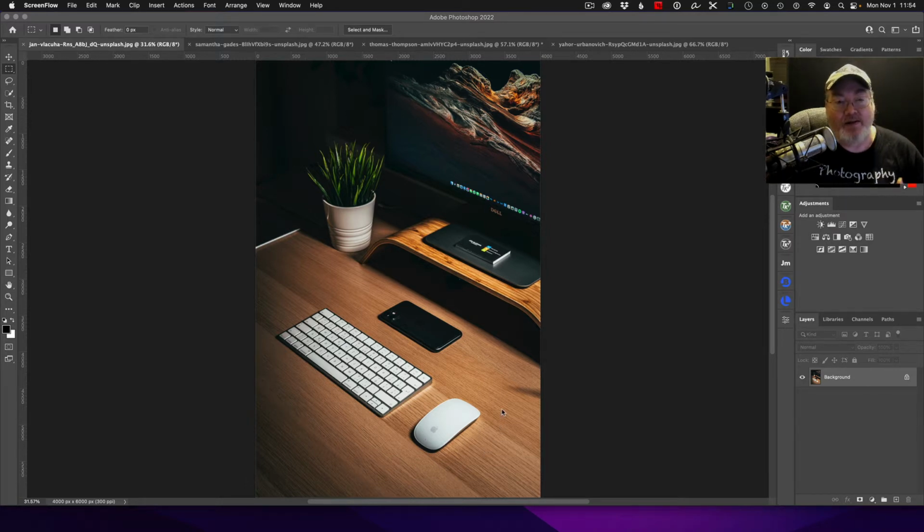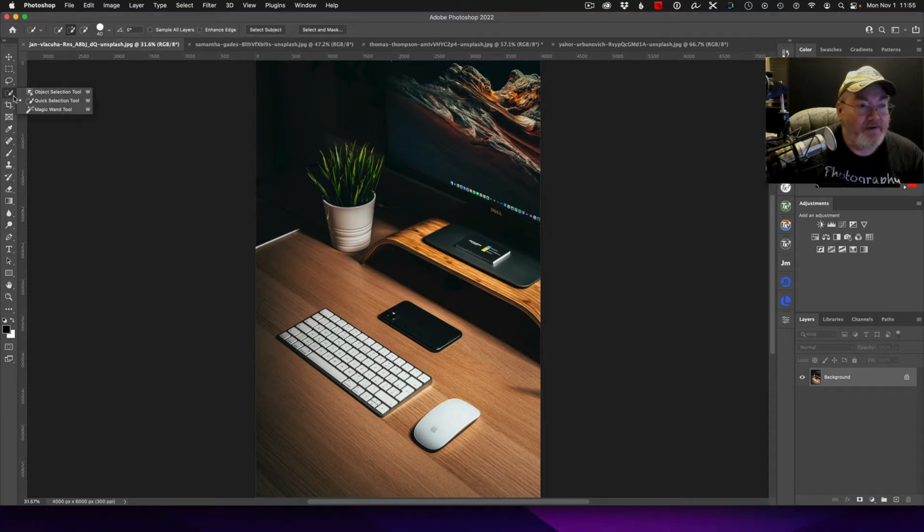And if we wanted to individually select any one of these objects, we'd have to go through using the quick selection tools or other tools that are available. But let me show you the hidden Object Selection tool. Okay, right here under your Quick Select tool, if you look right up top, you'll see Object Selection. Most people don't even know that exists. So I select that, and now